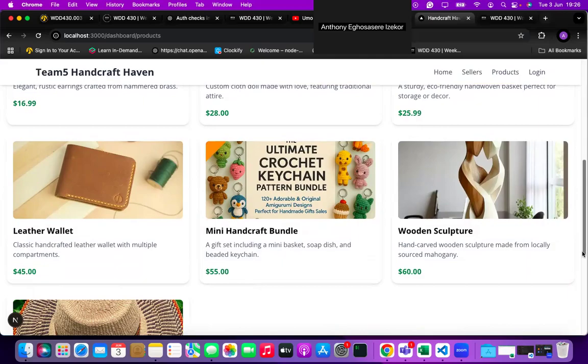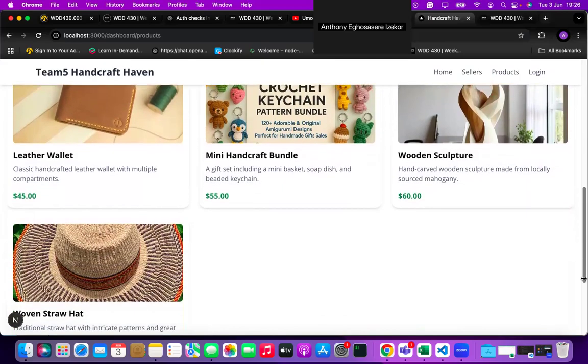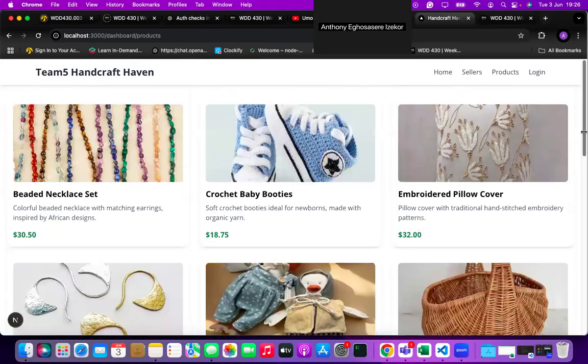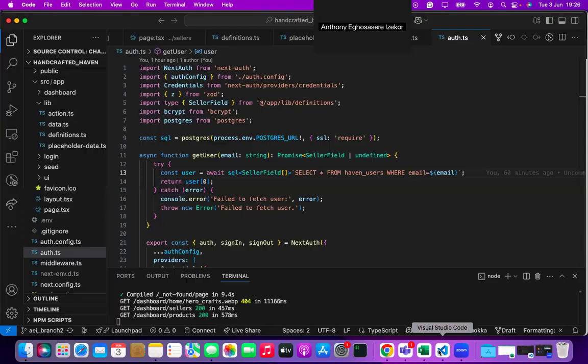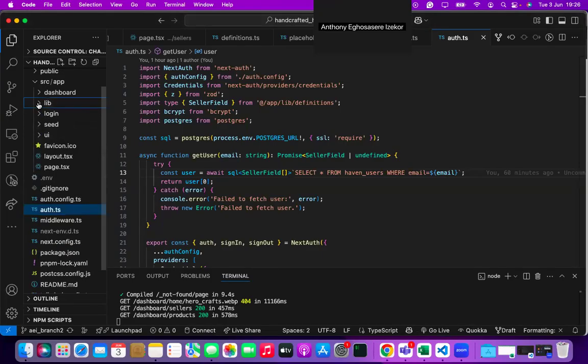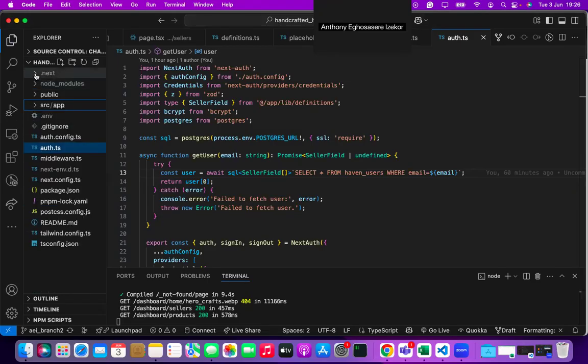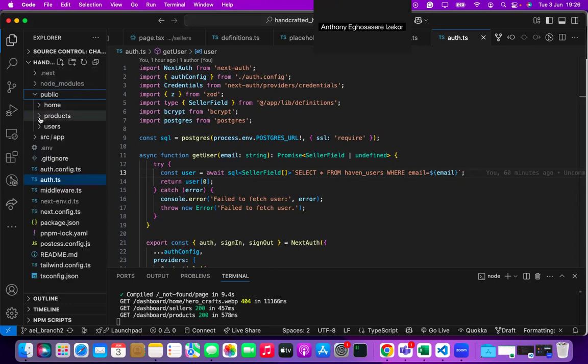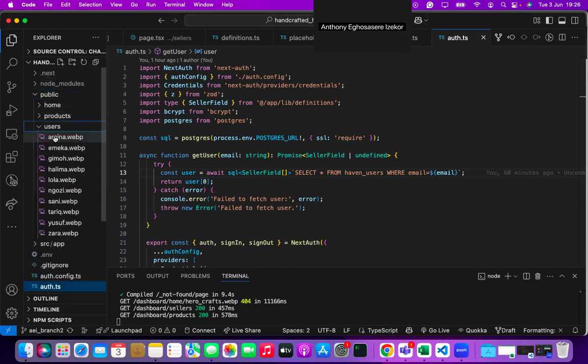All right, so that is that for that. So there are a number of things still to be completed. Okay, one more thing I need to show us, just to show you what I did with the images. So for the images, we have a public folder, you probably know this, but let me just say, for instance, these users,